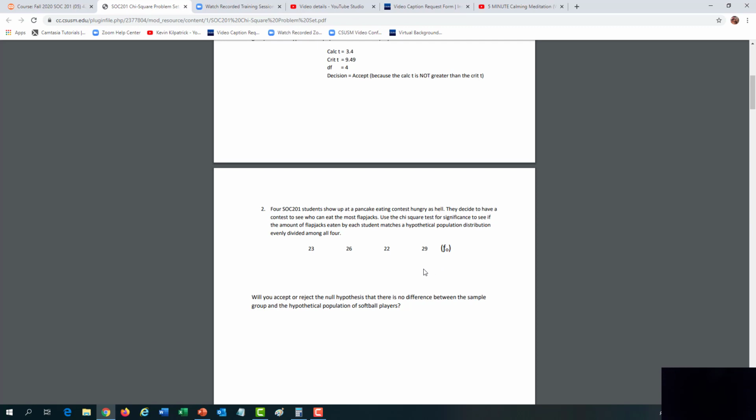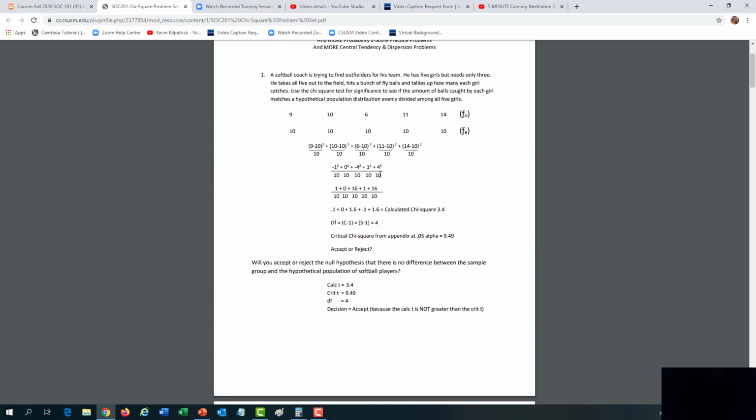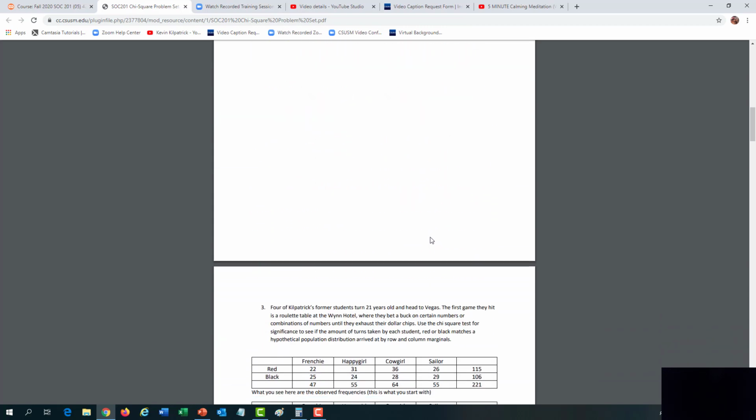When you see this on the midterm, this is all you're going to get, okay? And you need to work through the problem exactly like I've done here, step by step. Calculate the expected frequencies, set up the fractions, just keep doing the math as you go down, add up the numbers, get the calculated chi-square, find the degrees of freedom, go into the appendix, find the critical chi-square, and then make your decision. Okay? All right. Let's move on